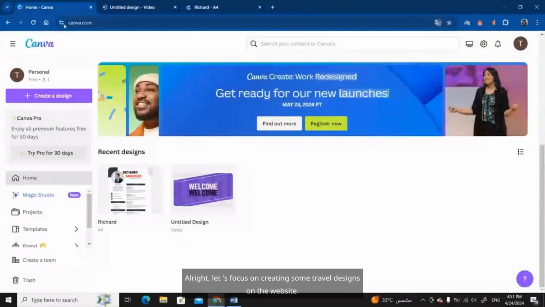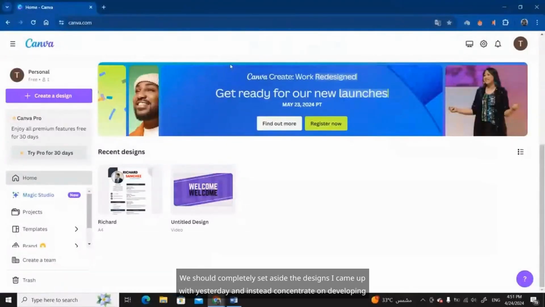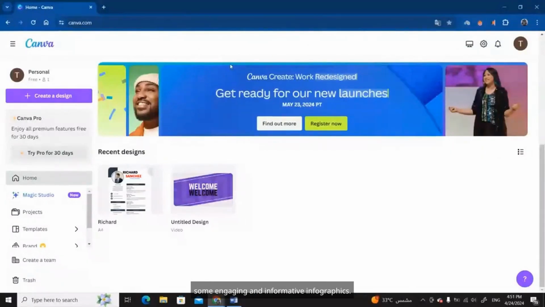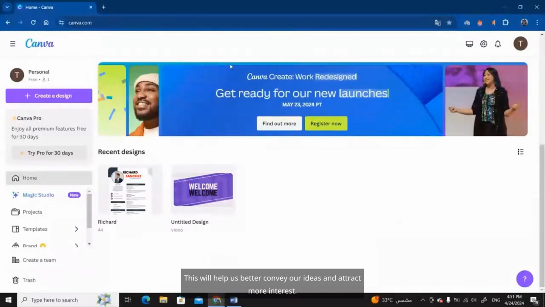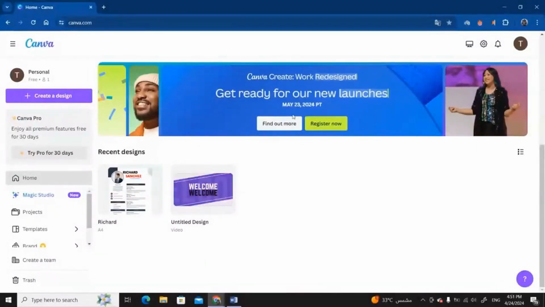All right, let's focus on creating some designs on the website. We should completely set aside the designs I came up with yesterday and instead concentrate on developing some engaging and informative infographics. This will help us better convey our ideas and attract more interest. If I want to start creating a design,